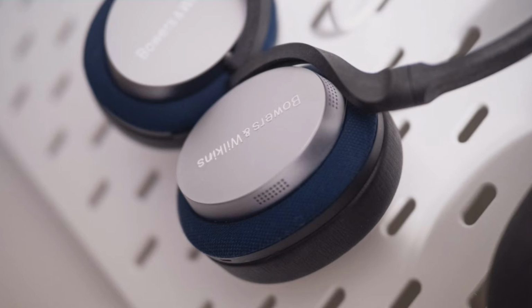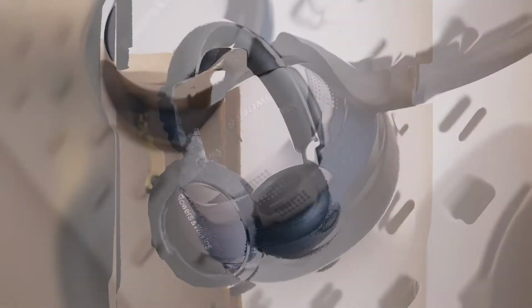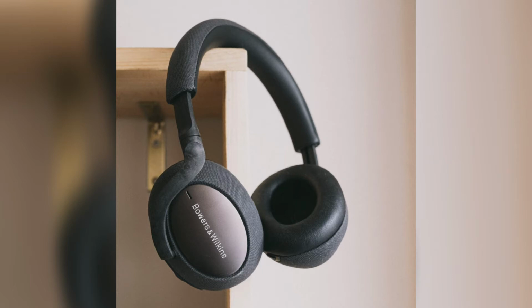Both models provide a solid amount of passive isolation, as well as pretty darn good noise cancelling that doesn't change the sound signature too dramatically. A Sony WH-1000XM4 this is not, but it's more than good enough for me. Mercifully, you can control everything via hardware buttons as well, allowing you to switch between high, low, auto, and transparency modes. B&W does have an app that lets you tweak a bunch of settings, but there is a glaring lack